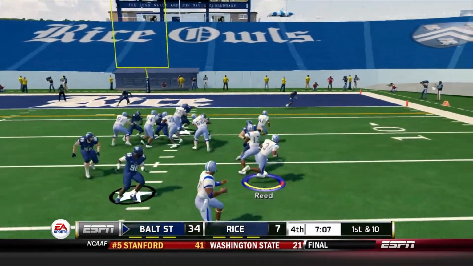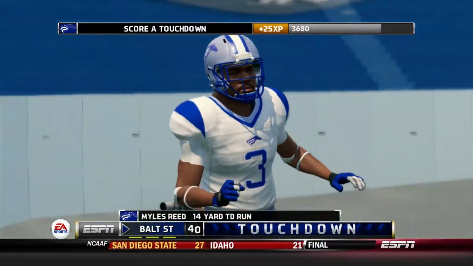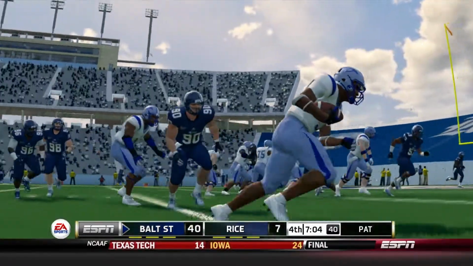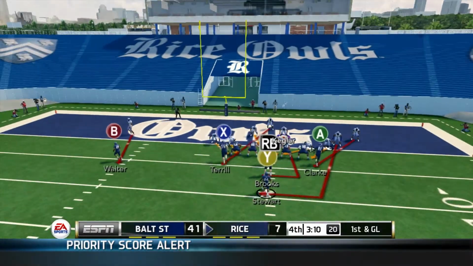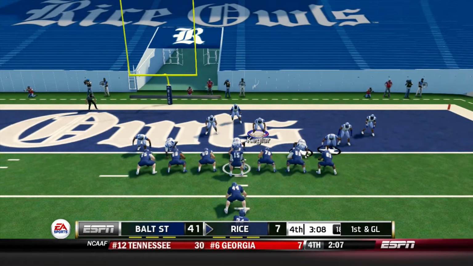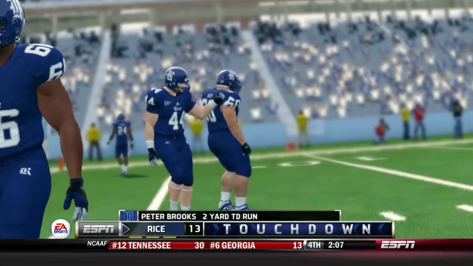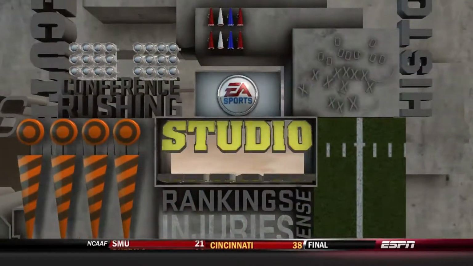Jones going to hand it off again. This time Reed gets the carry. Gets a block, and Reed is going to dive into the end zone for a touchdown. Baltimore State going up 41-7. And Rice would score one more touchdown themselves, though. With 3 minutes to go, handoff to Peter Brooks up the middle. So they get on the board for pride at the very least, but this game is pretty much over at this point